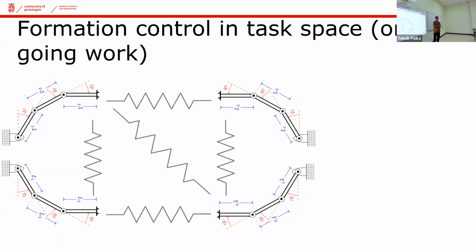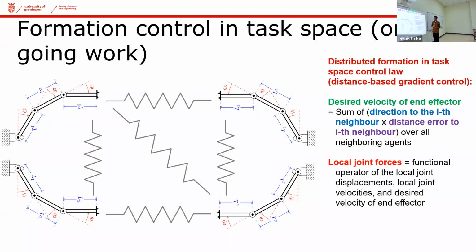So you have the manipulator arms, and the one that we would like to solve is the formations of the end effectors. So not the positions of the base, but the positions of the end effector of the manipulator arms. So we don't care about the base. Well, we might care about the base, and let's assume that for the base you already have formations control. If it is talking about mobile manipulators, the manipulators are being brought around by a mobile robot, and we are already implementing formations control for the base. But now we would like to do formations control of the end effector.